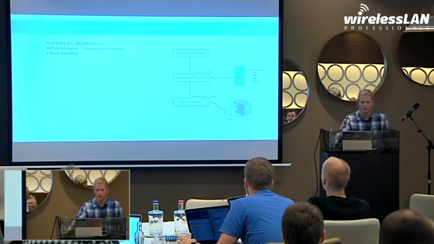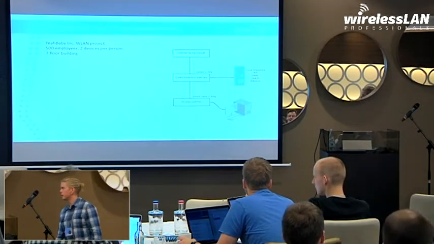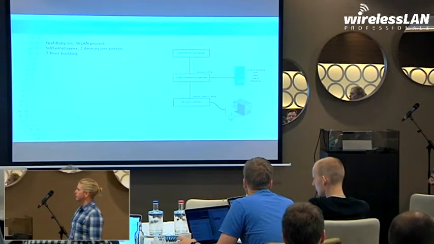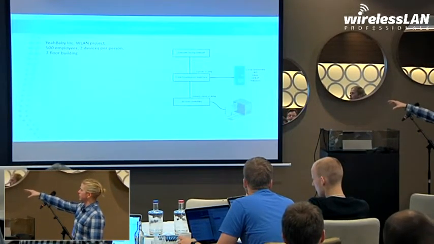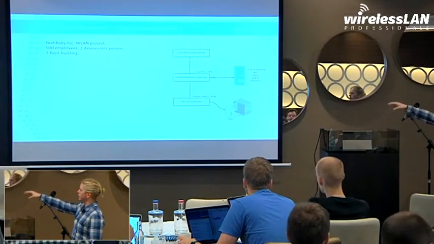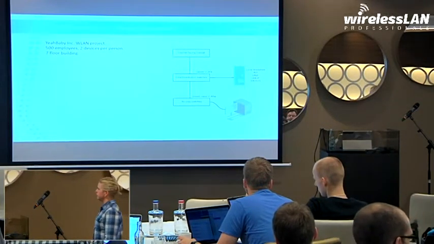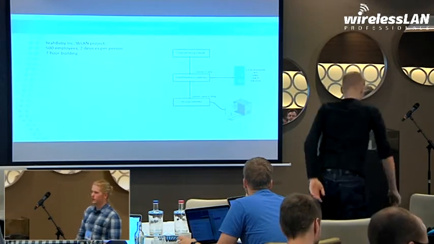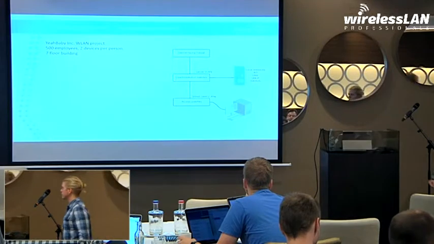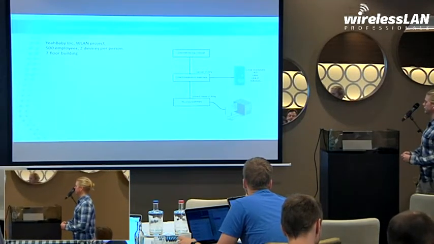They've got a wireless LAN project, 500 employees. They're calculating 2 devices per person, in a 7-floor building. I made a very, very easy sketch of how their network looks. They've got their internet-facing firewall, core distribution switches where their server VLAN goes, their Active Directory, DNS, DHCP, RADIUS services, and all their access switches with their